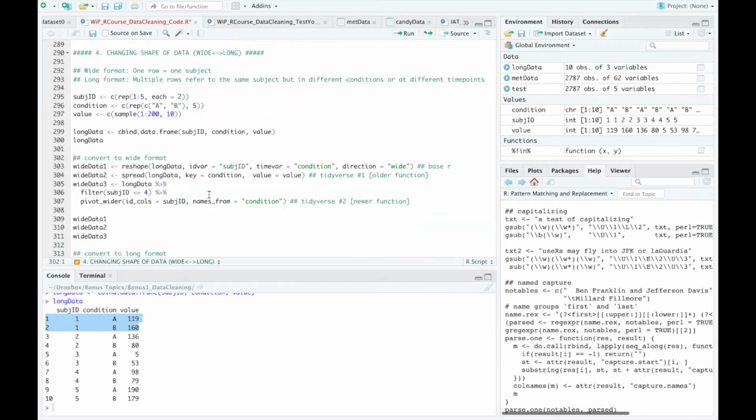So if we wanted to convert this to wide format and make each subject just have one row, we can use a couple different things. We can use reshape, which is a base R function. We can use spread, which is tidyverse, and we can also use pivot wider, which is also tidyverse. It's just newer. So if we use reshape, basically you tell it the data frame, you tell it the ID